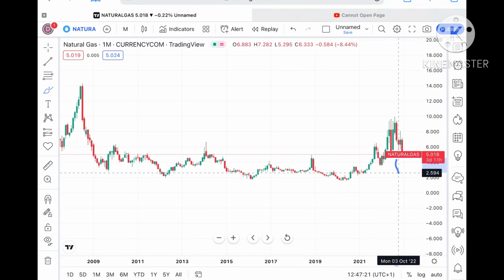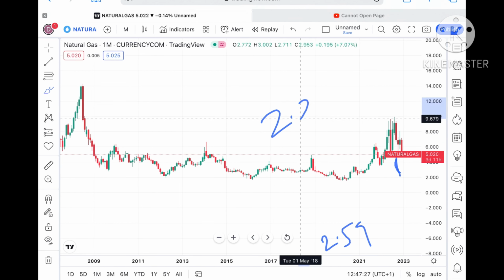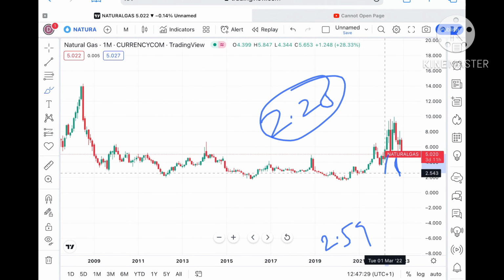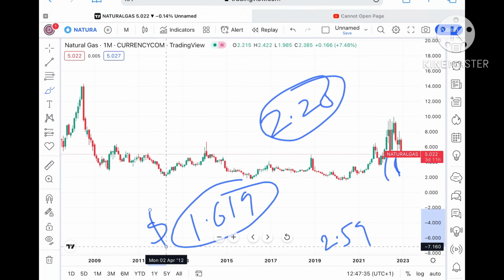And once it falls below that level, then we can see it can touch a level of $2.94, and from there we can see it can touch a level of 2.2. Okay, and once it starts falling below that level, then we can see it can go towards a level of $1.619, and this level's support is already being tested here, so chances of moving further low will be on